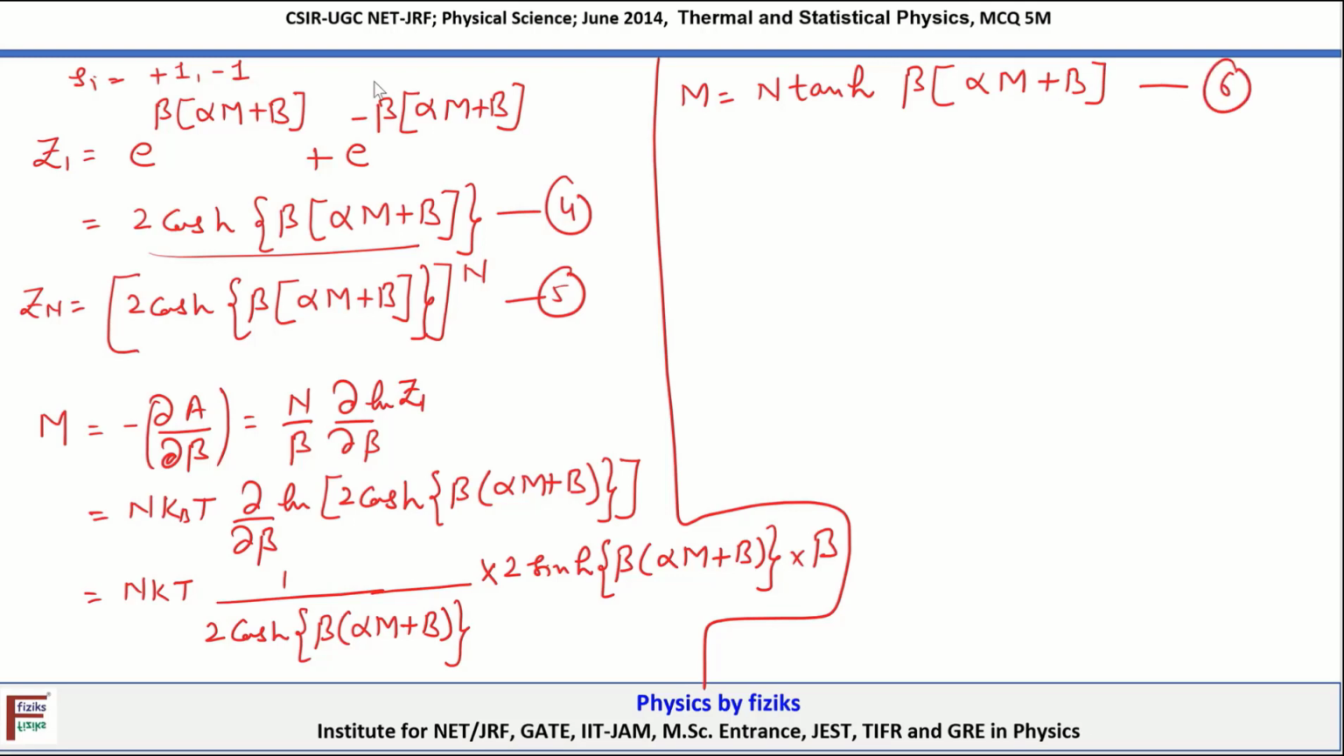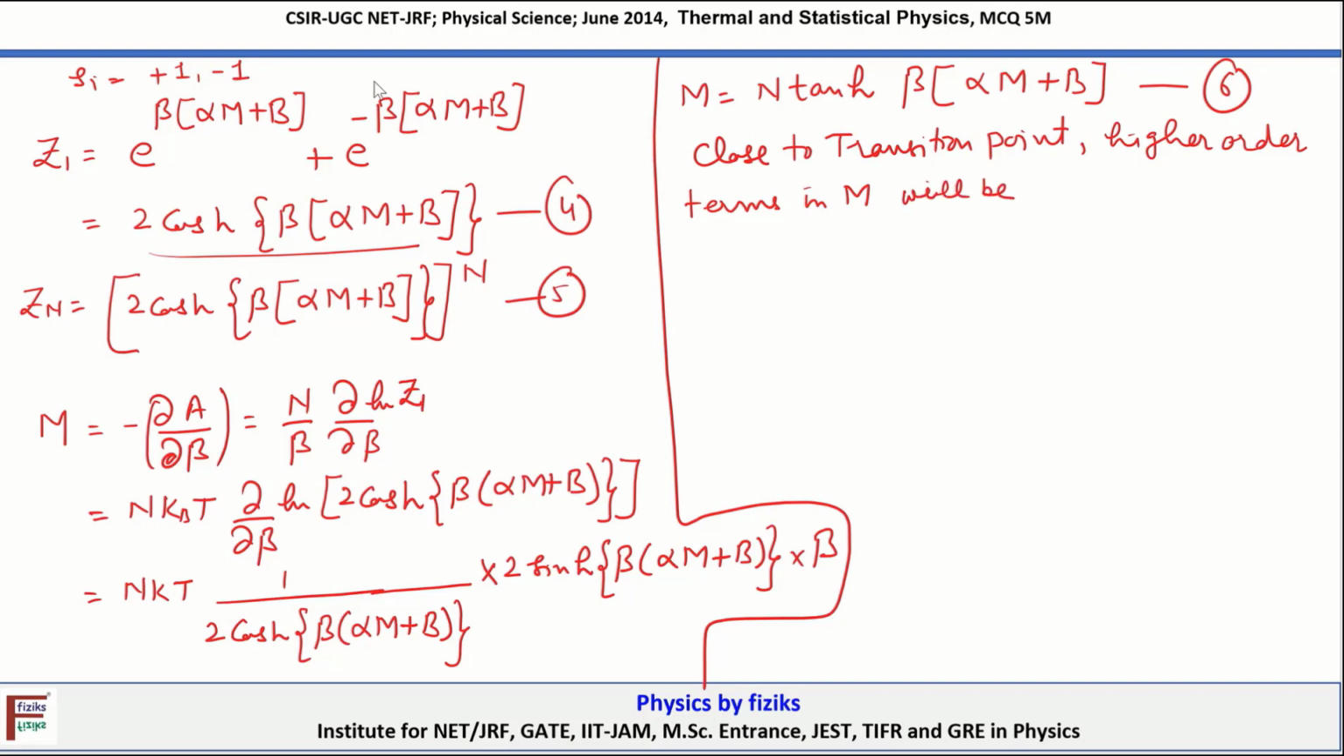Now here we will make use of the fact that close to the transition point, so this equation 6 gives us the magnetization. Okay, so now close to the transition point, higher order terms in m will be very small. Okay, so we can approximate tanh x to be approximately equal to x minus x cube by 3, and so on, where x is much smaller than unity. Okay, so we can also ignore this cube term. So therefore equation 6 reduces to, under this approximation,